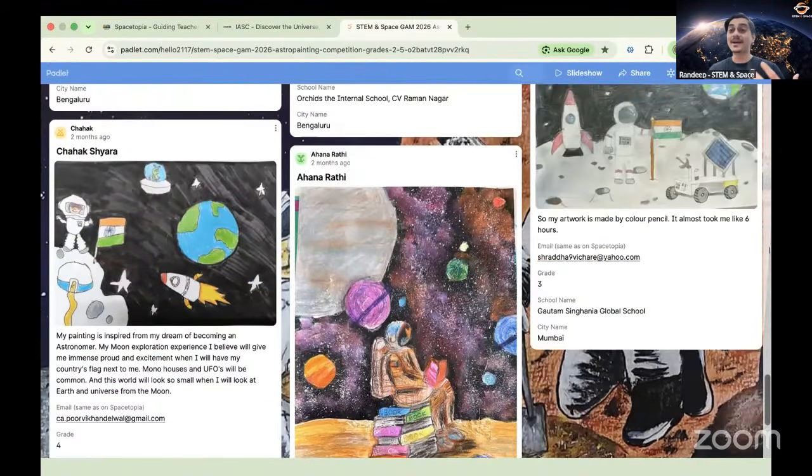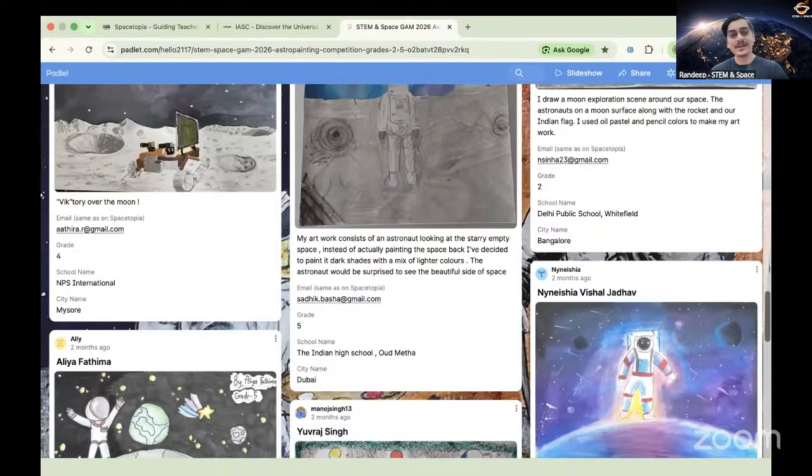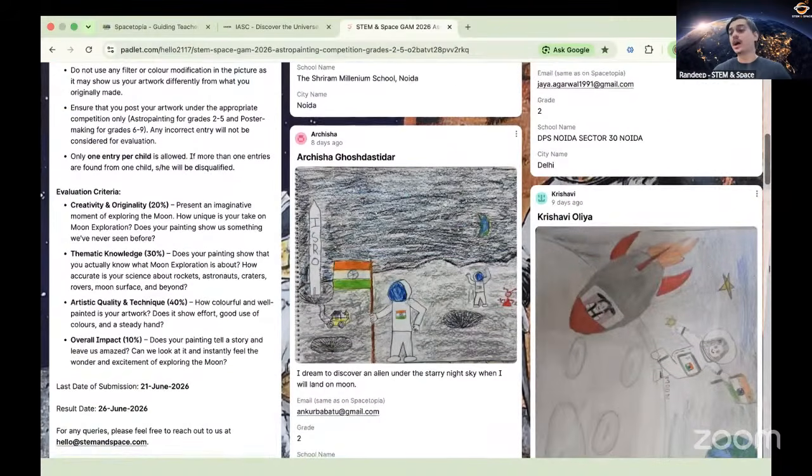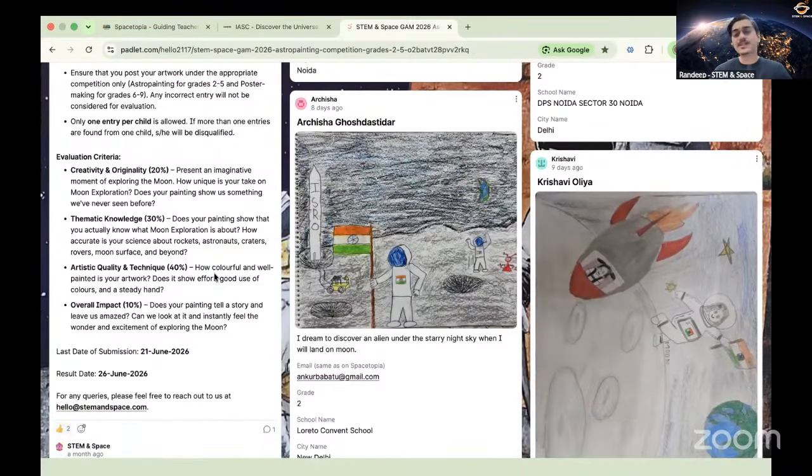It was quite a hard time for our entire team to determine who should be the winners. There was a lot of clash here and there, but of course we had very clearly mentioned the criteria for our evaluation. On the pinned message on Padlet, we had mentioned clearly the criteria for the evaluation. It was strictly based on the criteria without any biasing. Of course, we do not know any of these students personally or professionally. We do not know any of you.